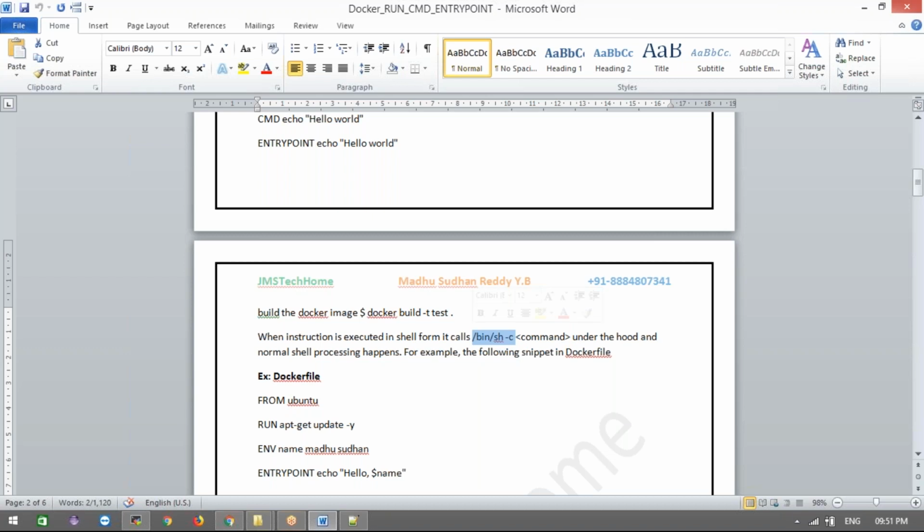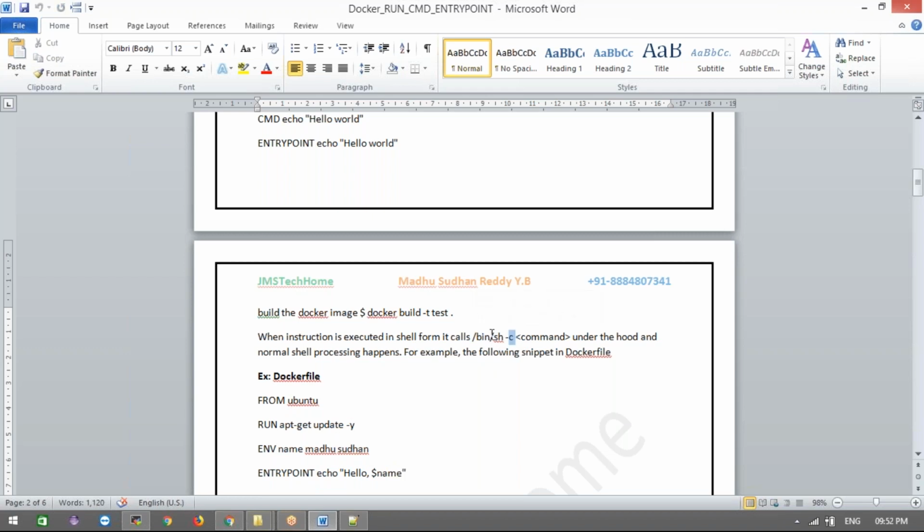If you are using the exec form, it won't run, because we need to specify the echo command. How do you know echo is a shell command? Now we need to intimate that. In the shell form, we need not intimate.